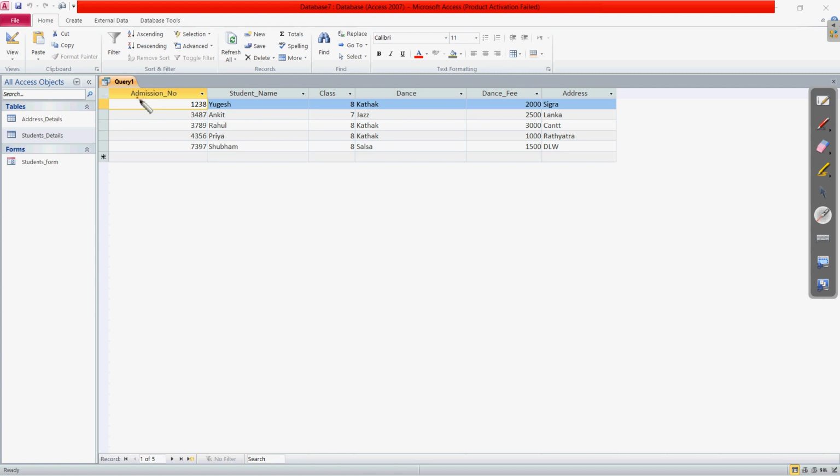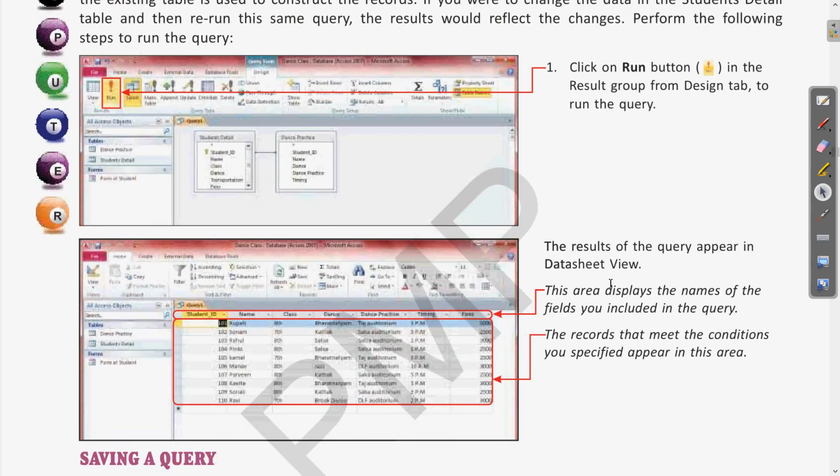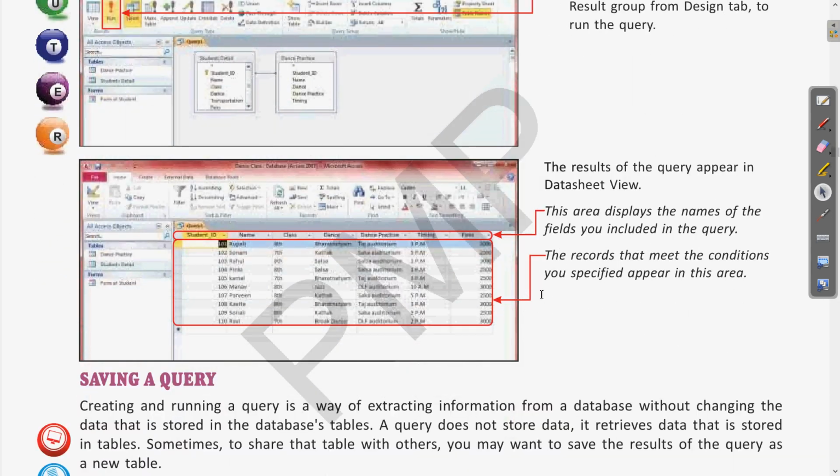So we have created a query on those existing tables. I hope this is clear. Now let us come again. So here also you can see when we clicked on this run button, the result is displayed in this datasheet view.